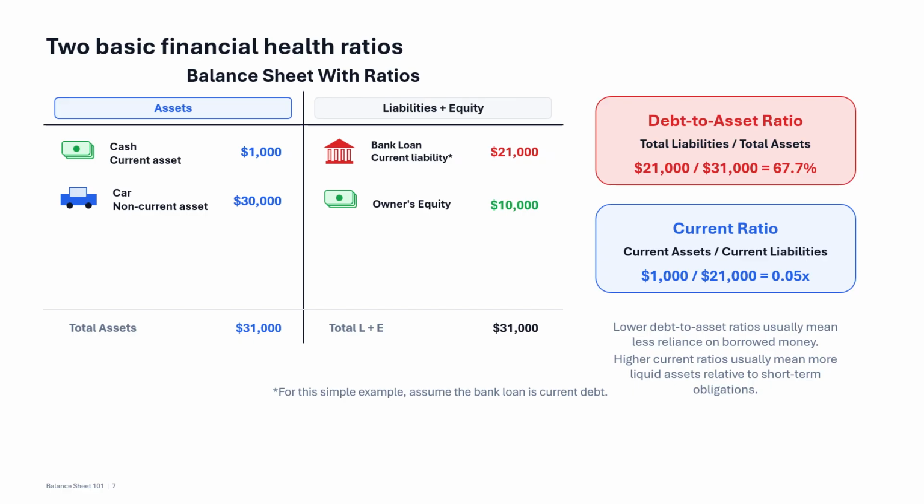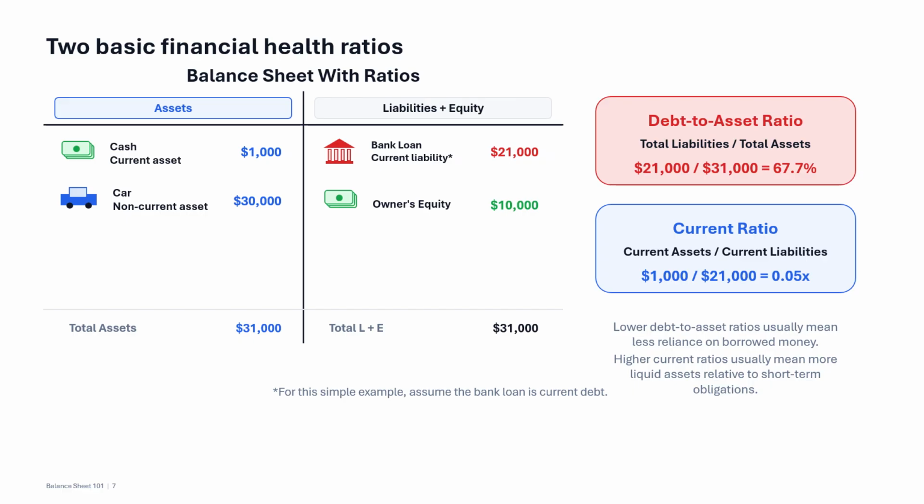Once we understand the balance sheet, we can start calculating simple financial ratios. Financial ratios help us summarize a company's financial health. Two basic ratios are the debt to asset ratio and current ratio. The debt to asset ratio is total liabilities divided by total assets. In this example, total liabilities are $21,000 and total assets are $31,000. So the debt to asset ratio is about